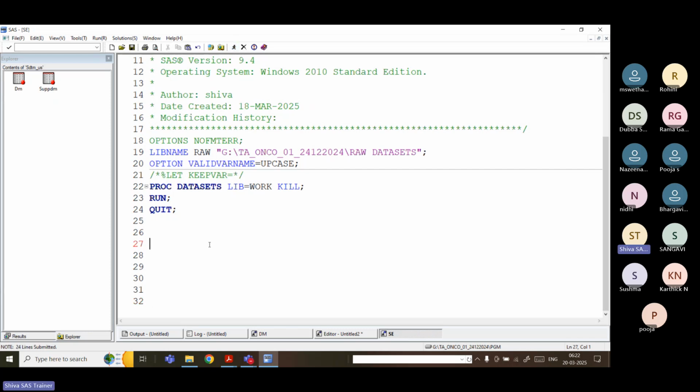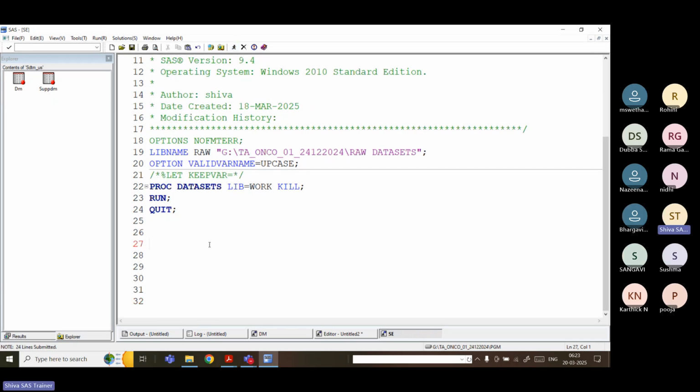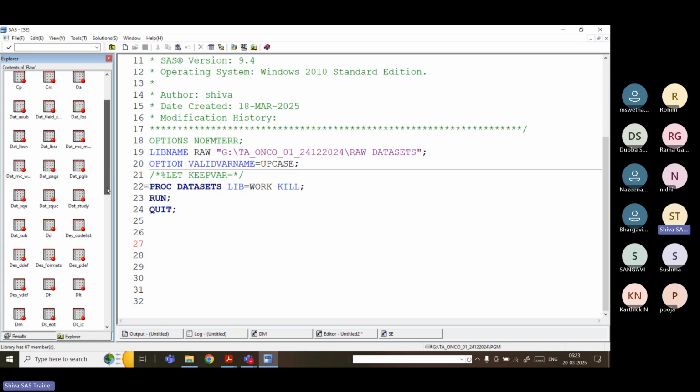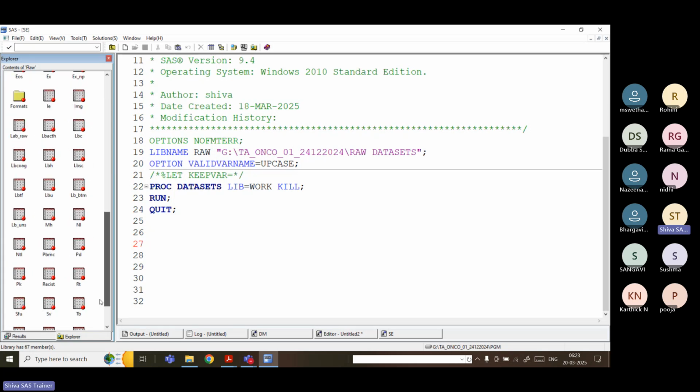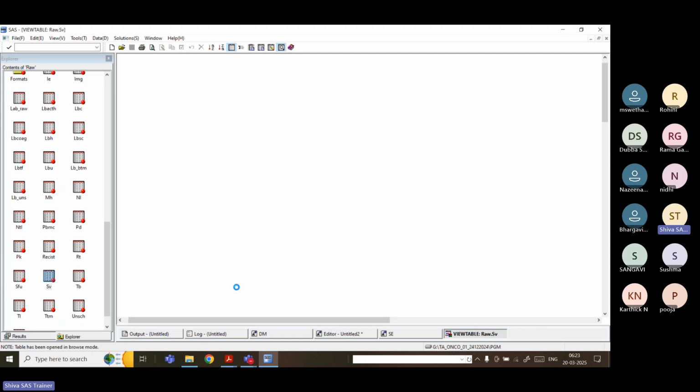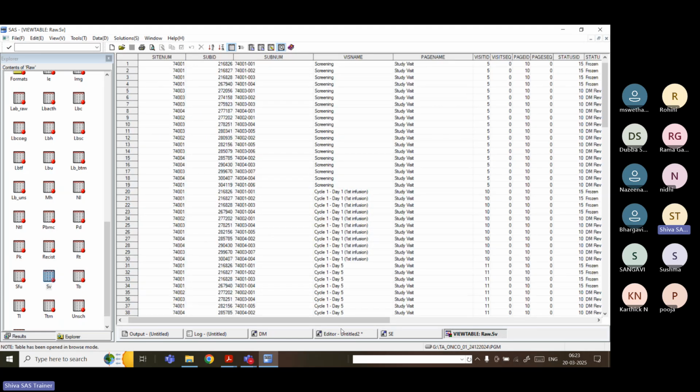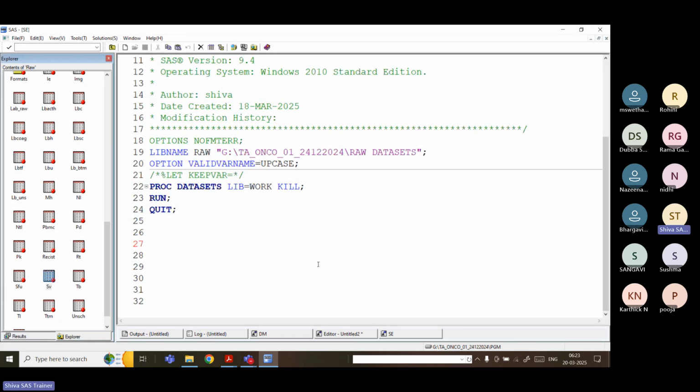SE. So before SE, what is SE? So elements. What are the elements there? We have to include them in the SE. So in the raw data set, visit information is also required. So subject visits. Okay. Here you can see the visits. So what I do: data SE1, set raw data set SV,